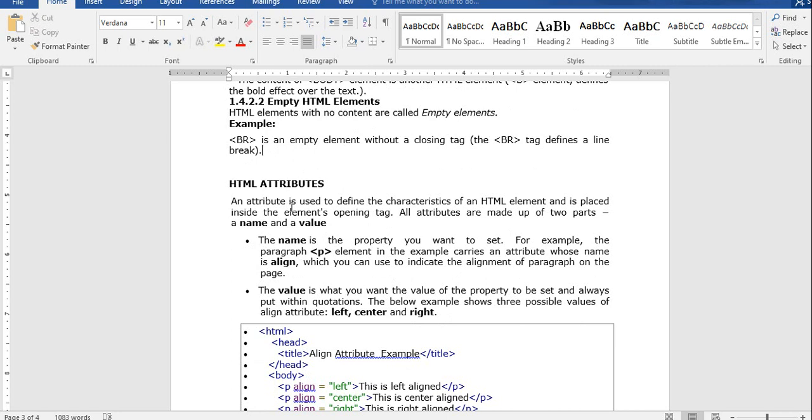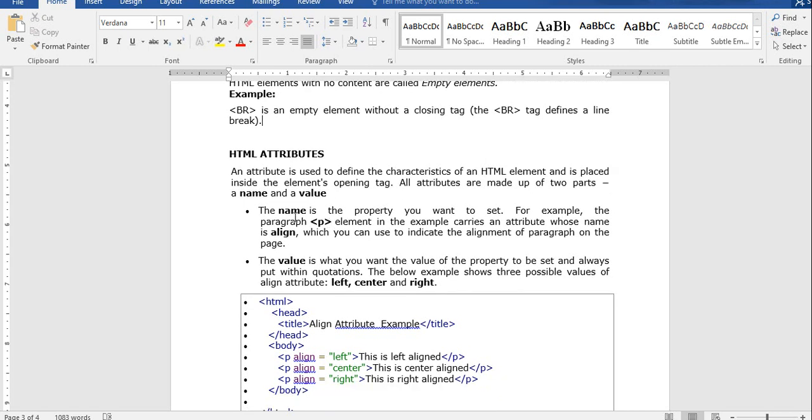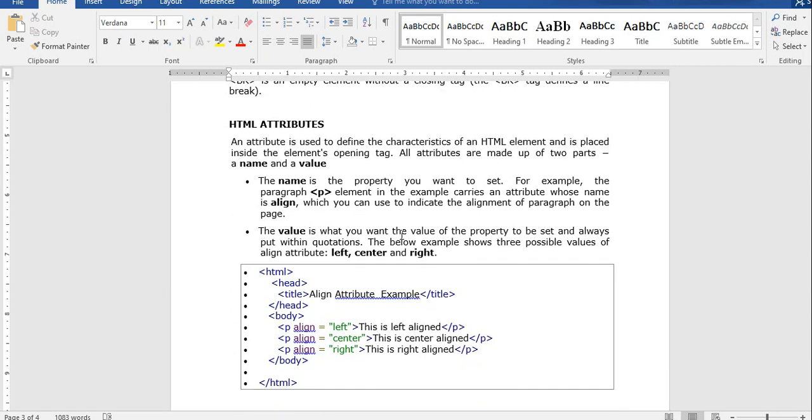An attribute is used to define the characteristics of an HTML element, and it is placed inside the element's opening tag. All attributes are made up of two parts, name and value. Name is the property you want to set. For example, the paragraph element in the example carries an attribute whose name is align. The value is what you want to set, and it is always put within quotes.